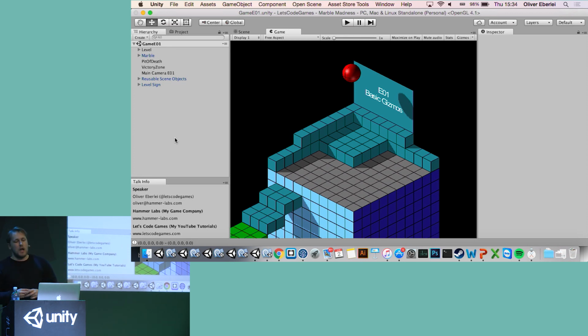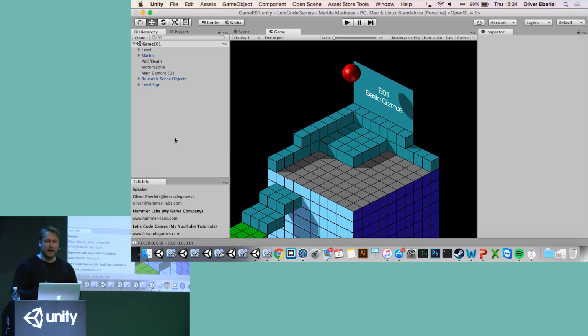Right. So editor scripting is a very, very powerful feature in Unity. Basically, you can reshape the whole editor to do exactly what you need for the project that you're working on right now. And the most obvious case for doing that is creating a level editor. So that's what I brought today.